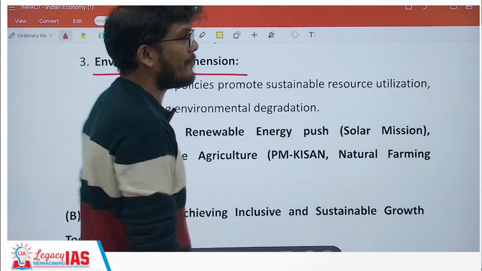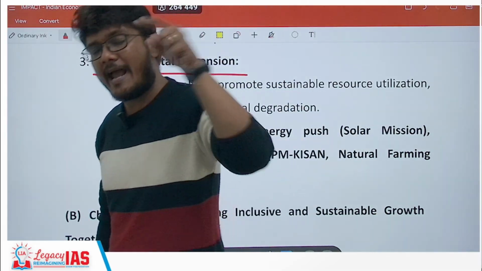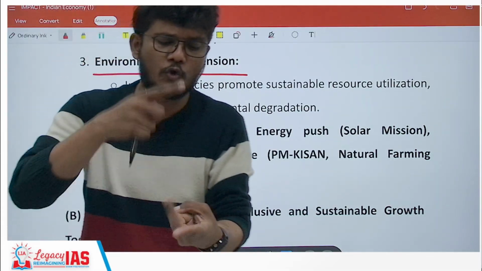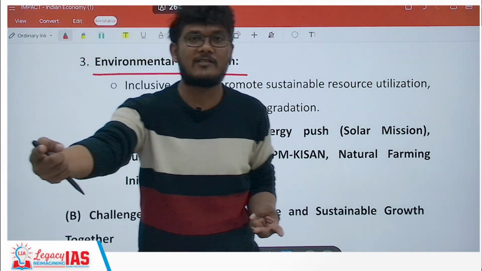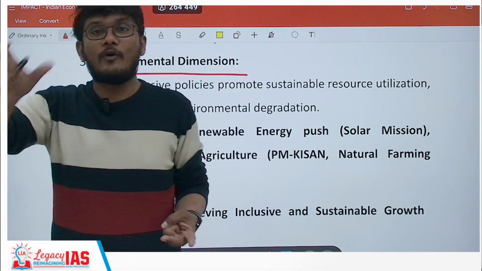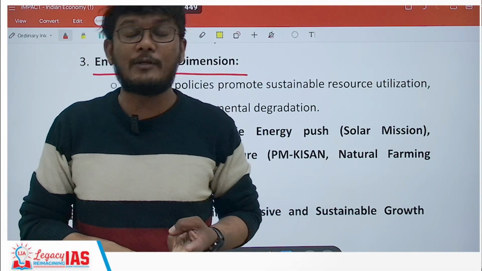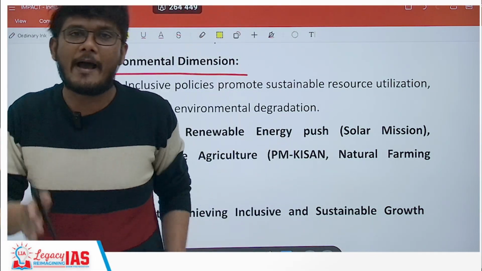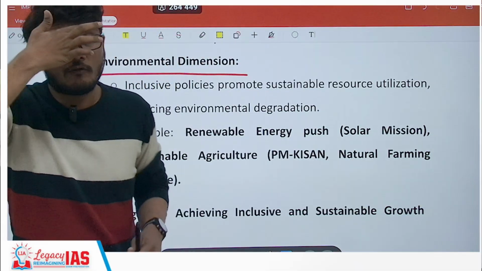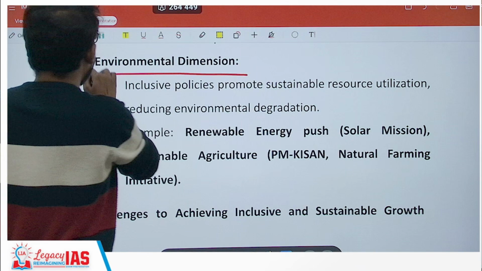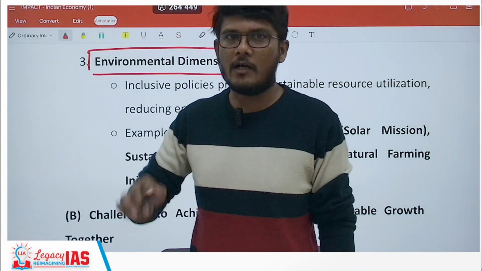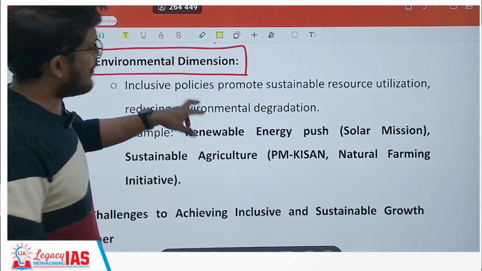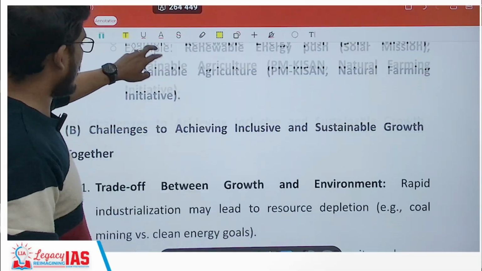And then there is the environmental dimension. Why are we taking economic, social and environmental dimensions? Very simple, because inclusive growth is talked about. When there is inclusive growth, there needs to be socio-economic development. And since sustainability is there, the growth can be sustainable only when the environment is also sustainable. So that element you will bring in. However, do not mention the environment part first. We'll mention all these dimensions, but the environment part cannot be the most important part over here, because we are talking about economic growth and inclusiveness. So the environment part would be the last part which you'll talk about.